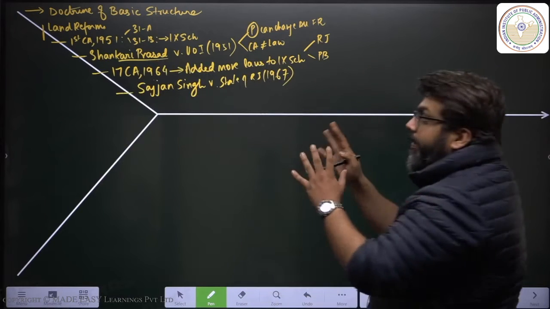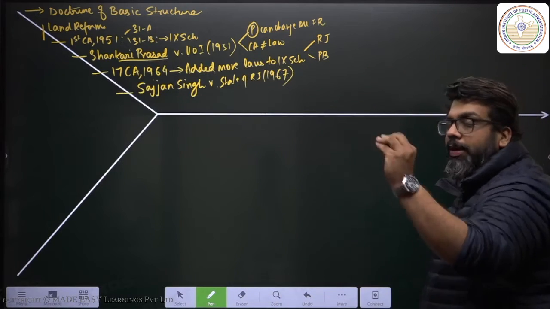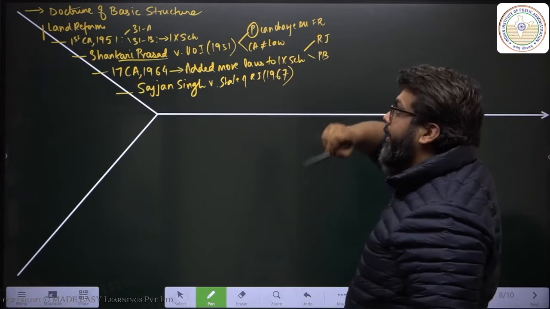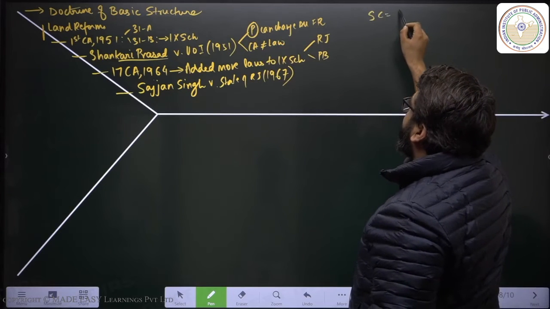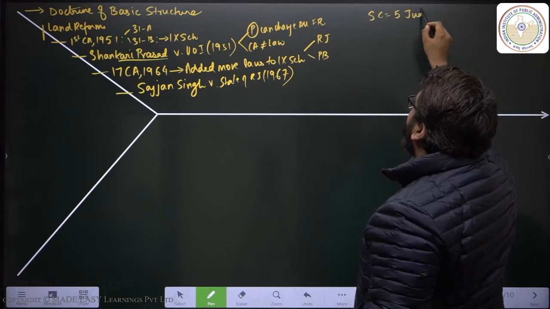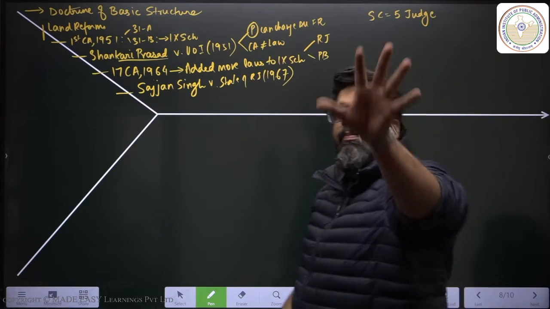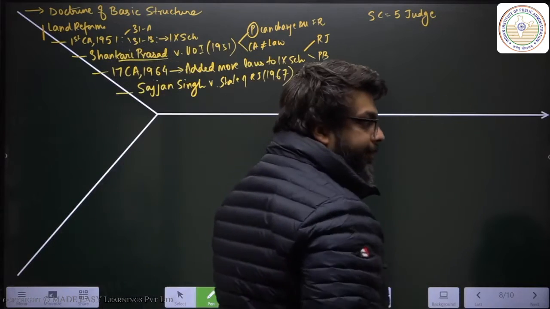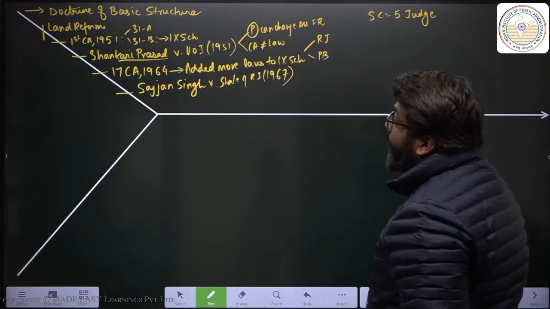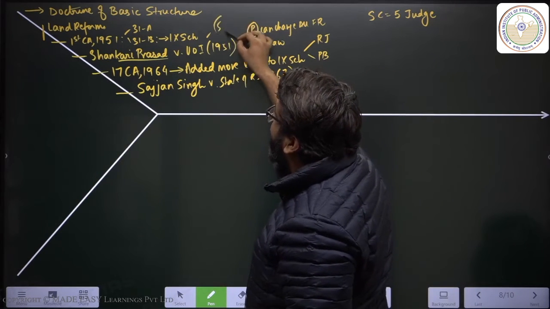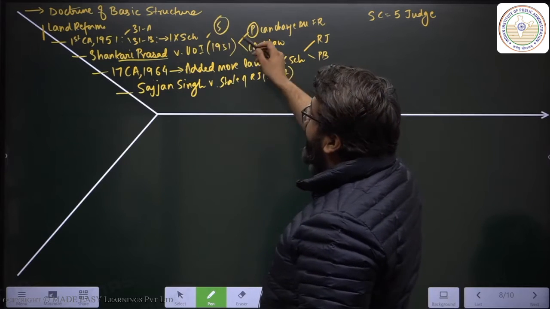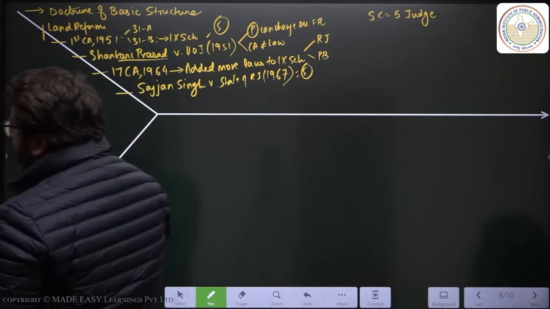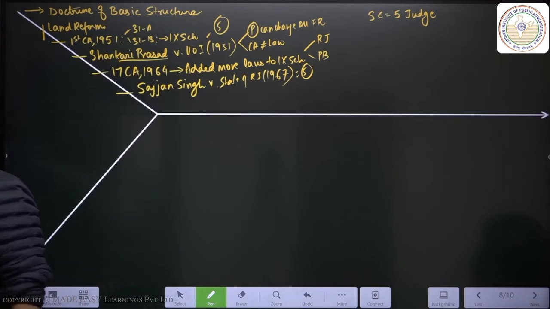Now, you see, I'd like to bring in some new information here. The small information is, if you are challenging the constitutionality of any law, then the Supreme Court sets up a 5-judge bench. That minimum 5 judges are required for you to hear the constitutionality of a law. Minimum 5 judges. So, in the Shankari Prasad case, you had 5 judges, and you would require a minimum 5 or more in the Sajjan Singh case also. In the Shankari Prasad case, all the 5 judges said the exact same thing.